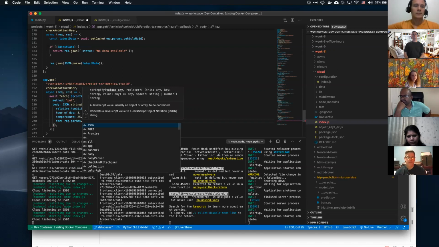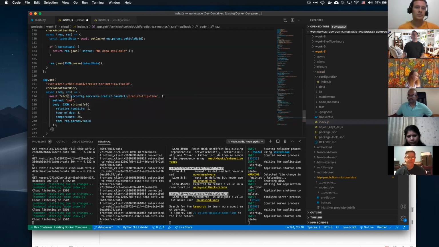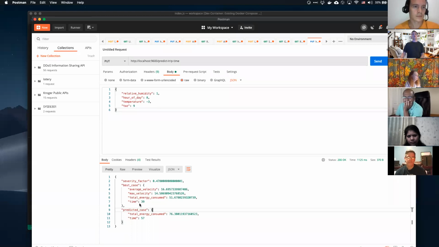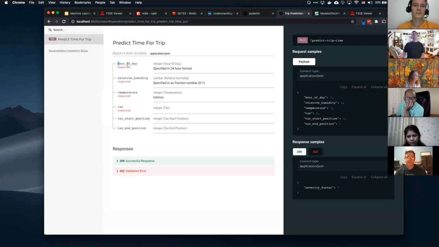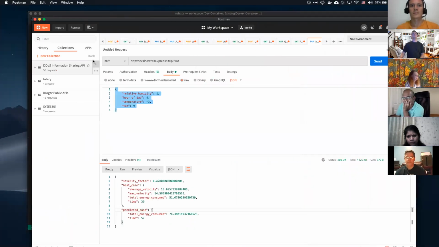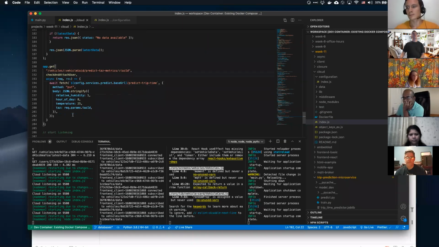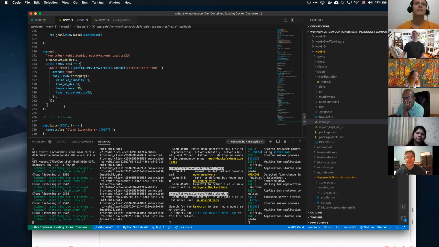Anybody? It's in the docs. Yeah, it's in the docs. Specifically, you look at it, it's this thing right here, right? Or it's this stuff for our prediction microservice, right? It's just the body. So we got all that.